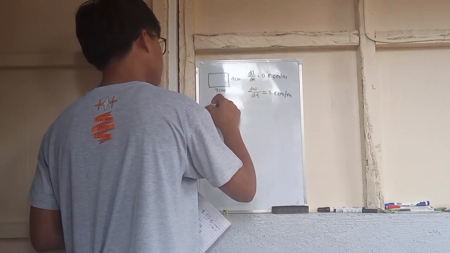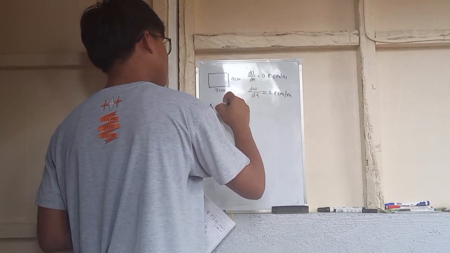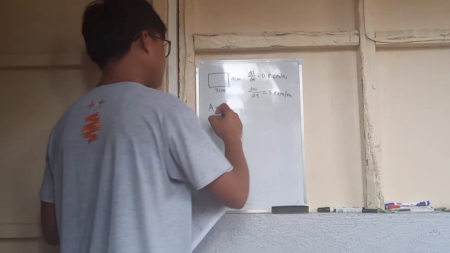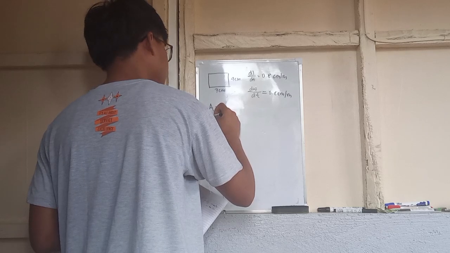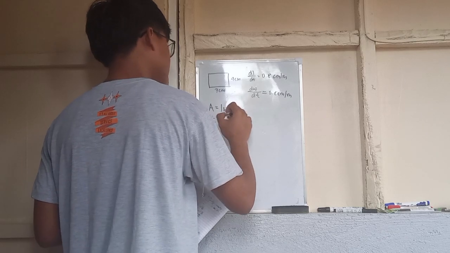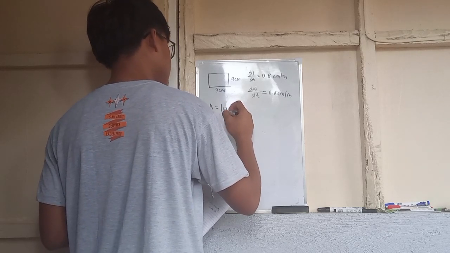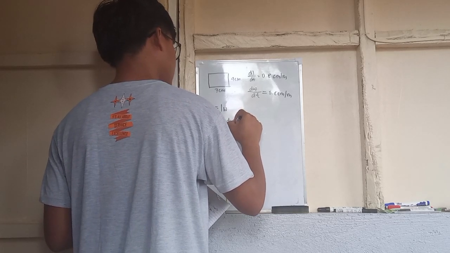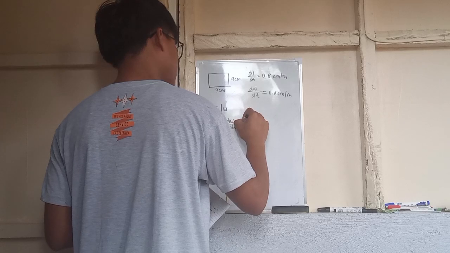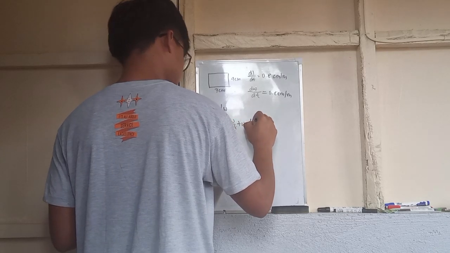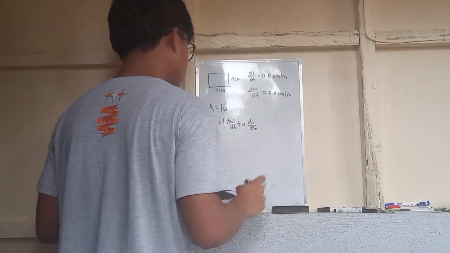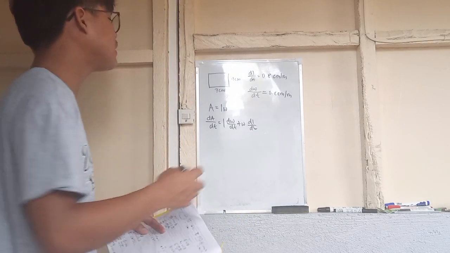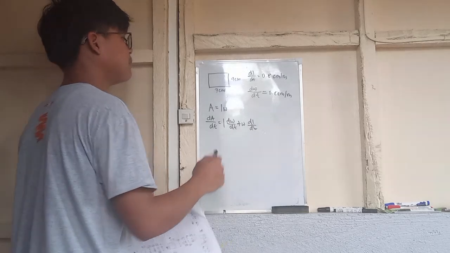So we all know that in getting the area of the rectangle, the formula is L times W, or length times width. Now, differentiating the formula, we can get dA over dt using the product rule. So we can get L dW over dt plus W dL over dt. Now that we have differentiated the formula, we can substitute the given values in the problem.